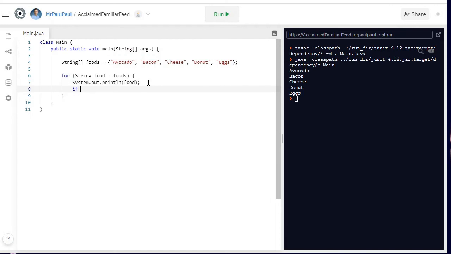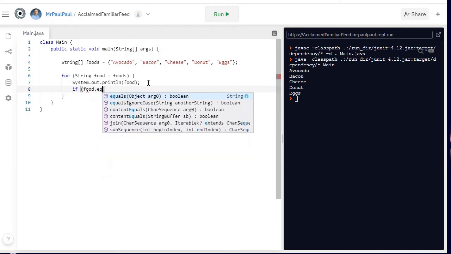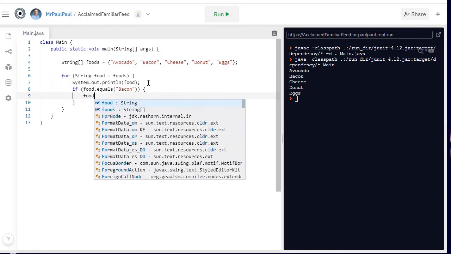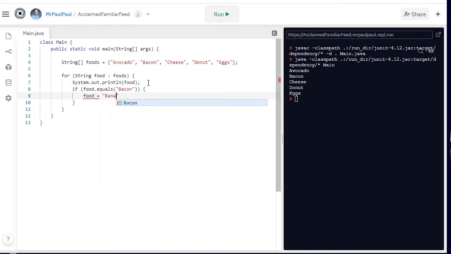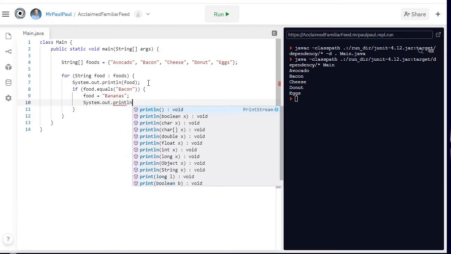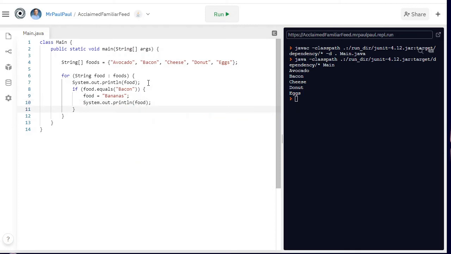So I'm going to put in here an if statement. If food dot equals bacon, so we're only going to swap it for bacon, then let's make food equal to bananas. All right, and we can print out food here to prove that this has happened. Let's just put in a comment: food is now